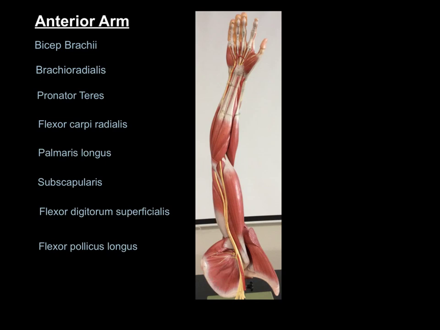Next, we're going to move into the upper arm, and really the main muscle that we want to focus on, on the anterior side, is called the biceps brachii. So right here, biceps brachii. It's really important that we include brachii in the name. A lot of us are used to just calling that muscle our biceps muscle, but we do have a biceps